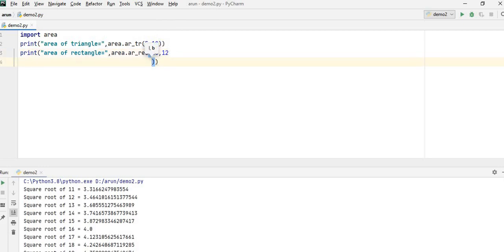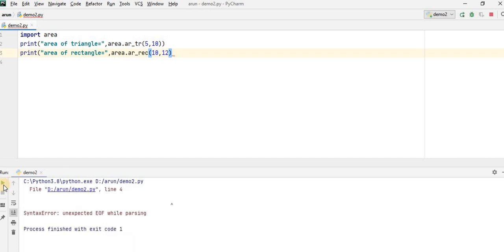Now run your program. Line number 4, what is the error? Sorry, one bracket is necessary. Now you can see the area of triangle is this and the area of rectangle is this.